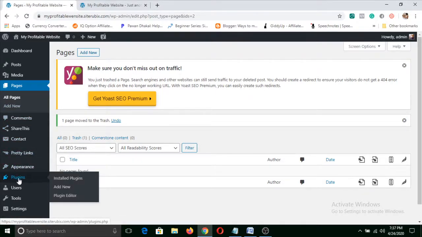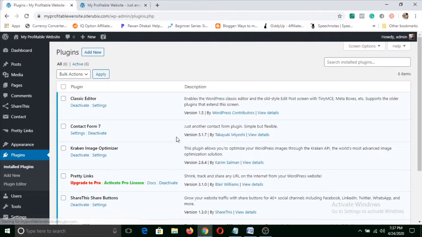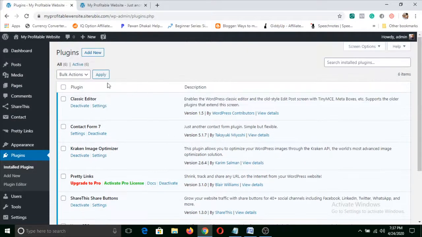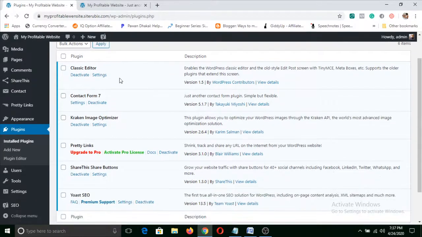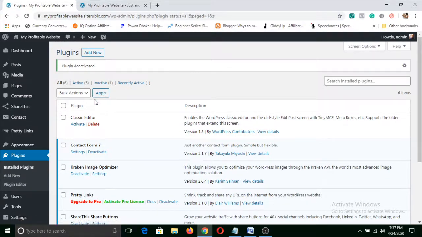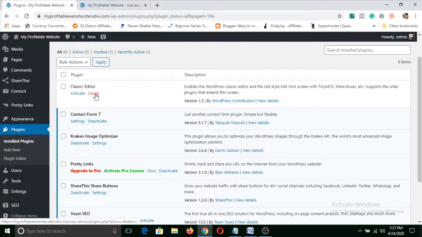As you can see here, just click on it, and whatever plugins you are seeing there, you can click on deactivate. Just click on deactivate and then click on delete for whatever plugins are there.